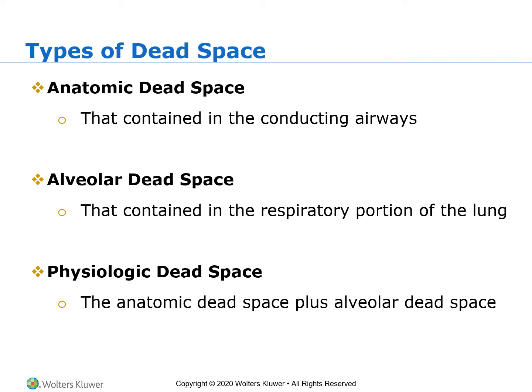So the anatomic dead space is what's in the conducting airways. The alveolar dead space is that in the respiratory portions of the lung. When they talk about them, it's almost 150 to 200 mLs of dead space, depending on the size. And that's the air that is in the nose, in the pharynx, in the trachea, in the